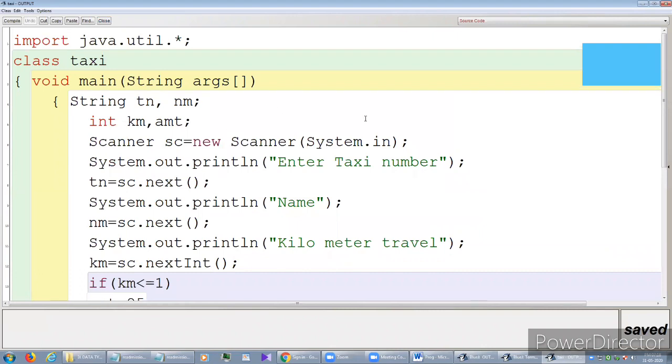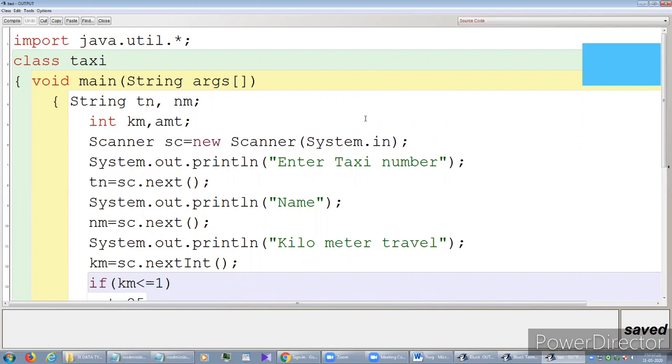Yes, Deepan. Sir, the question says that 1 kilometer is 15 or 20 or 25 rupees, but then it is coming that from 1 to 6 kilometers it is 10 rupees. Why per kilometer 10 rupees? It is a range; the condition is given within 1 kilometer, 25 rupees.